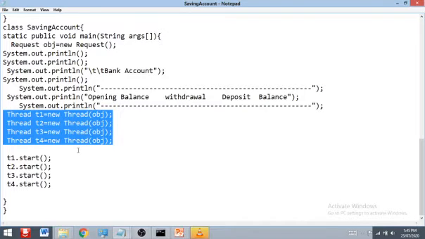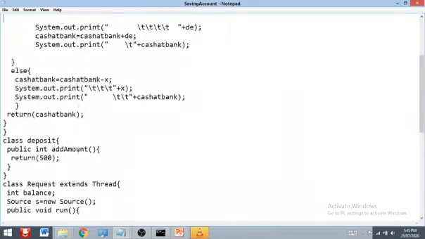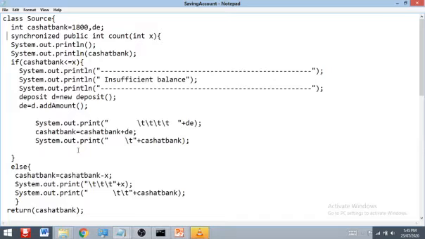Three persons can deposit money and three persons can withdraw money. So in this situation, what happens? I am going to use the synchronized keyword in front of this count method.